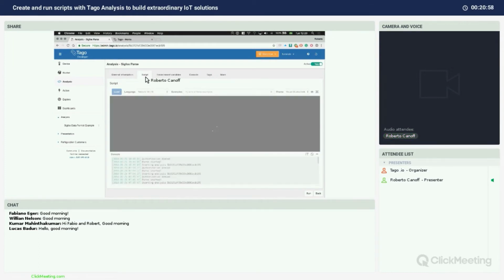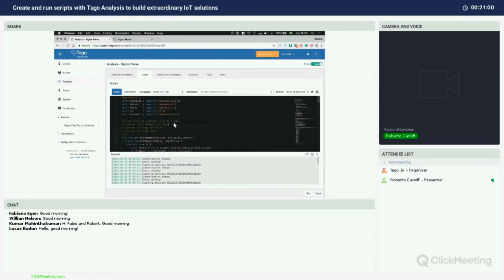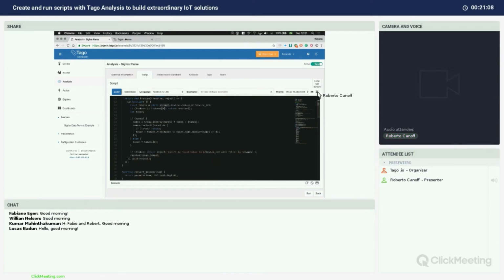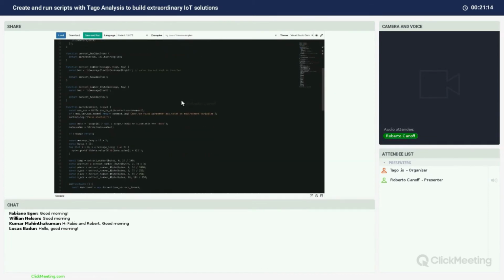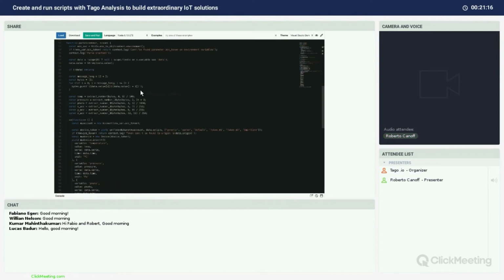So here we have our script editor. You can see the script of the analysis. Let me hide something and go full screen over here. I'm just going to show you how these analyses work. Let me scroll down, wait a second. Okay, this analysis, as I said before, gets that raw payload from the Sigfox device